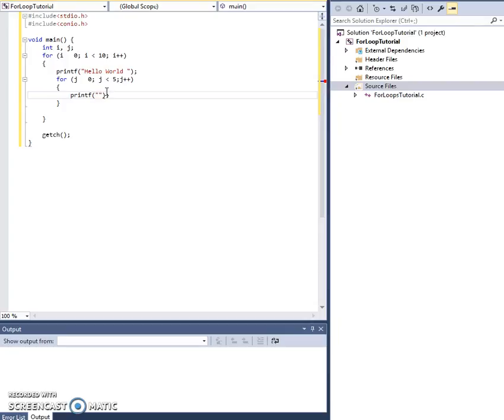So we need to show where it's going to go, so that's %d because it's an integer. Leave a space between them. And then put in the variable we're going to use. So what this should do is print out j